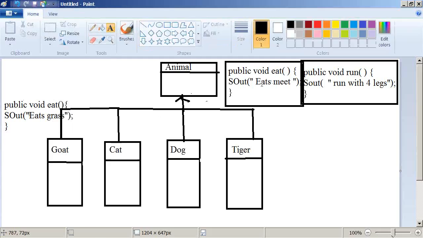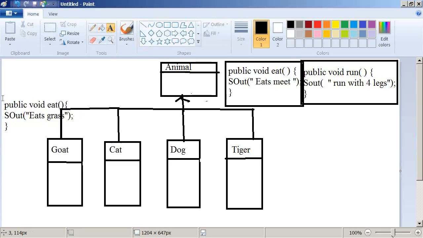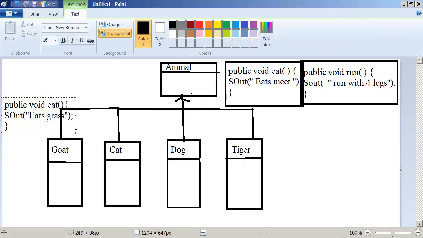Right? So what are the two different forms and how can they be differentiated here? What are the differences you have here? From the implementation point of view, there is an eat method and it has two different implementations. One is in the goat class, one is in the animal class. Now if you see from the goat object point of view, there are two eat methods for the goat. Right? So this is called polymorphism here, and whenever you achieve this, this is one more type of